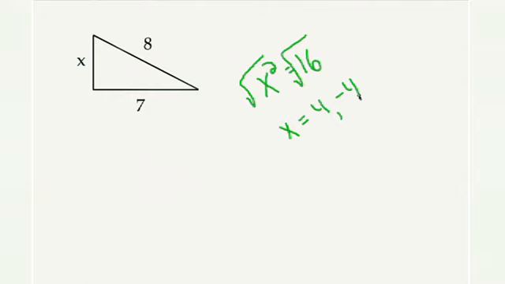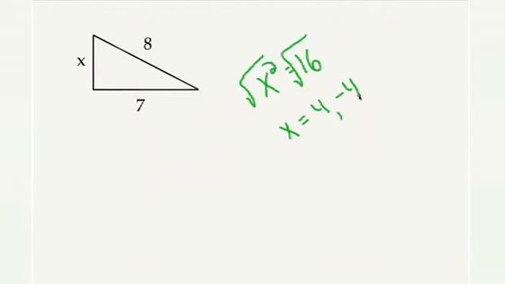You may say to yourself, aha, though, when Jerry was going ahead and doing those problems involving Pythagorean theorem, he just wrote down the positive square root. Why did he leave out the negative square root? And the reason why is simple. For those problems involving the sides of a triangle, we're measuring the length of a side, and it doesn't make sense for length to be negative. So in those problems, even though technically every number does have 2 square roots, we're actually only interested in the positive square root because it does represent the length of the side of a triangle.